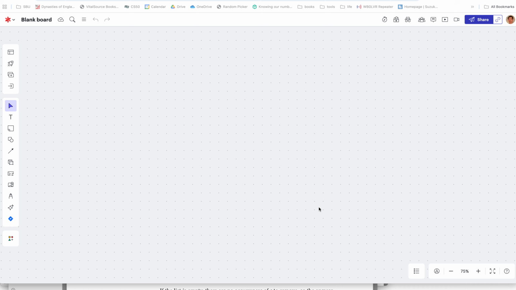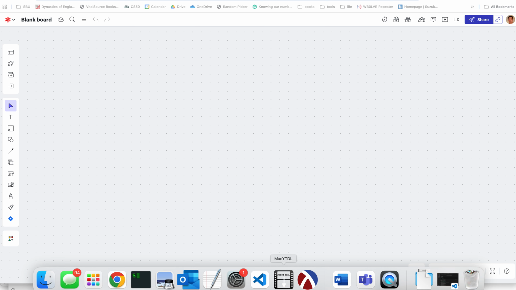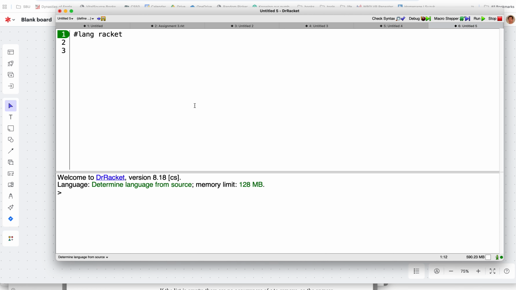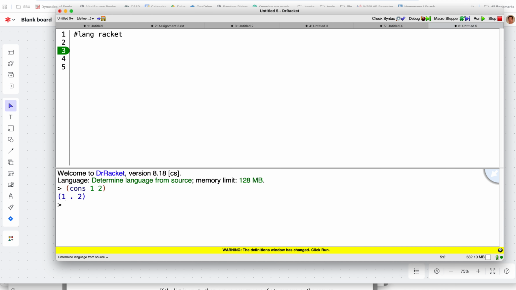Hello, in this video, I'm going to talk about the box and pointer diagram of Scheme lists. It's also called the box diagram for short. So in Scheme, we can build lists using a very fundamental construct called a cons pair. If you do cons 1 and 2, it gives you a pair, and